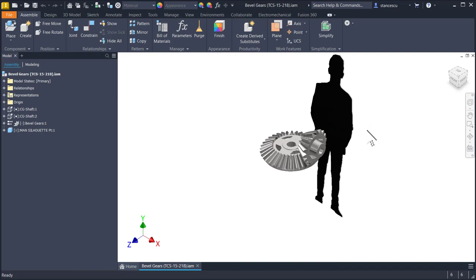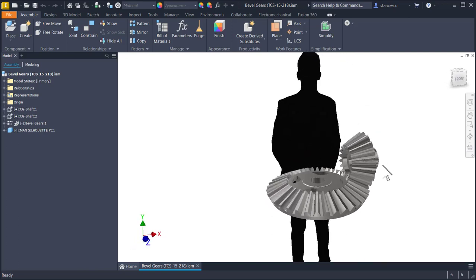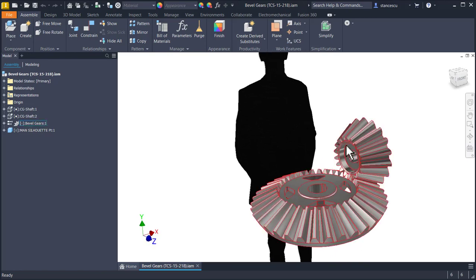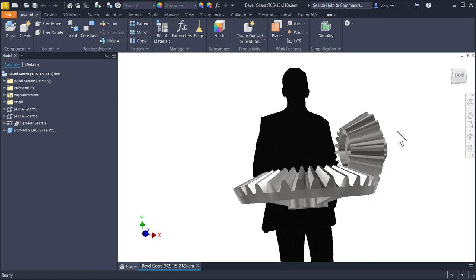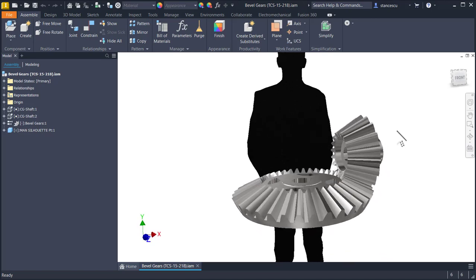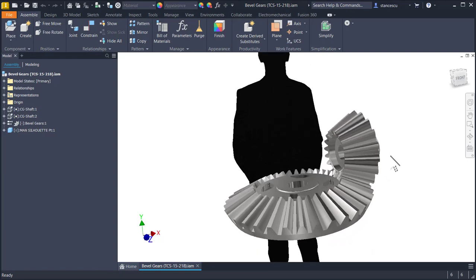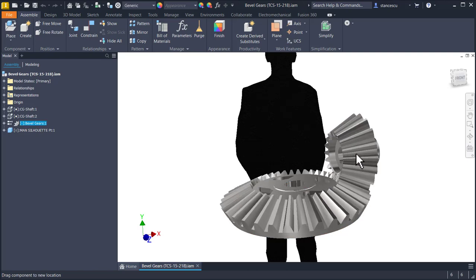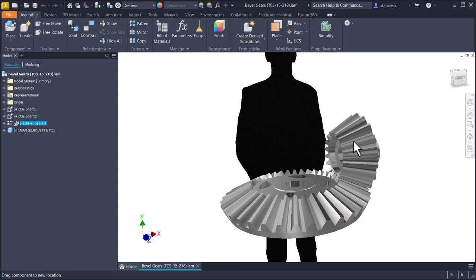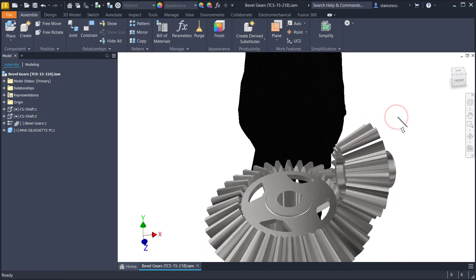Hi my friends, today we model this bevel gears, which is placed in front of this silhouette to see how big it is. The interesting thing is that we can create rotation, and the source for this